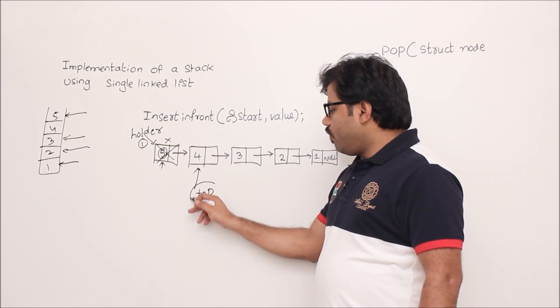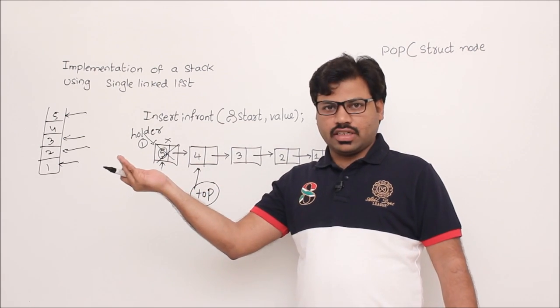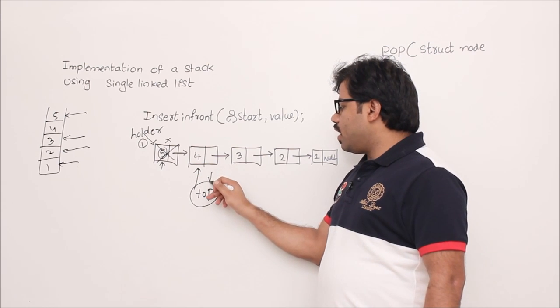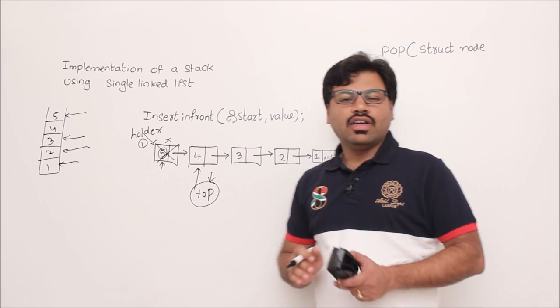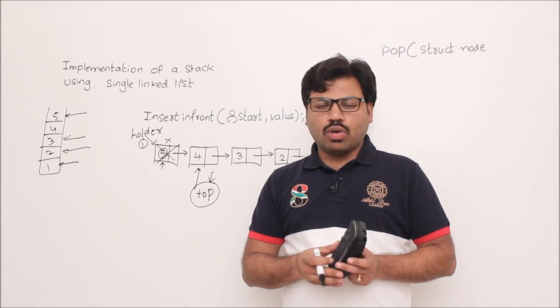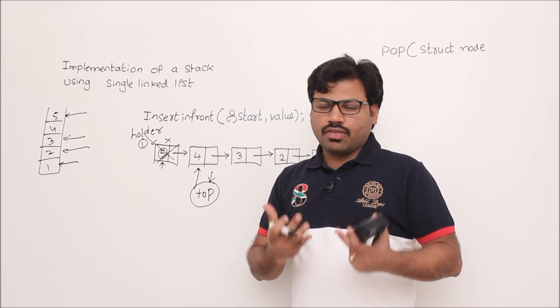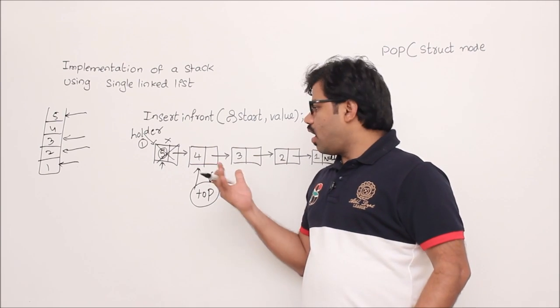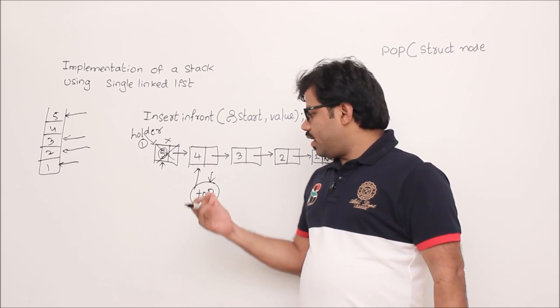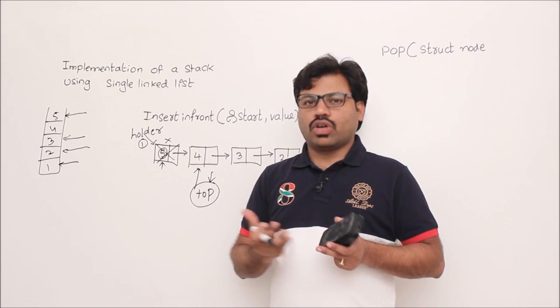Finally, you have modified the top variable, which is part of another function, correct? It may be that top is a variable of the main program. Okay, so I am assuming that top is not a global variable. If you keep top as a global variable, again there will be problems, like some other functions not related to the stack might modify this top. That's why it is better to keep top as a local variable.